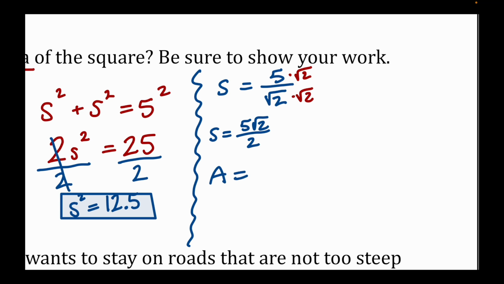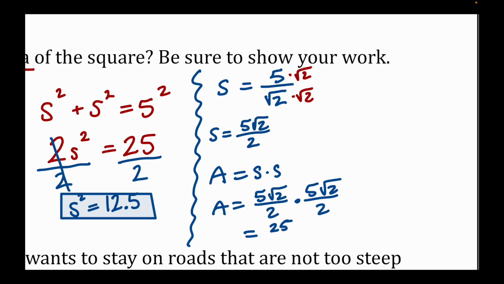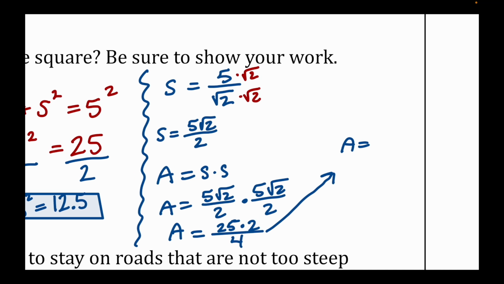So if my area is the side times the side, what I'm going to do is 5 square root 2 over 2 times 5 square root of 2 over 2. That would give me 25 for the 5 times 5. Root 2 times root 2 is just going to give me 2, the same way we would rationalize that denominator. And then 2 times 2 is 4. So my area, if I simplified it out, I can cancel part of these things. I can either say that part of my 2 and 4 cancel,